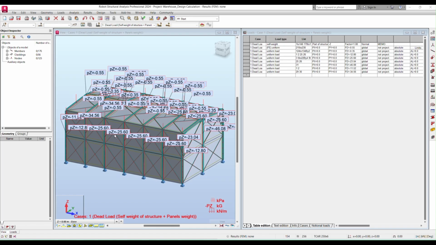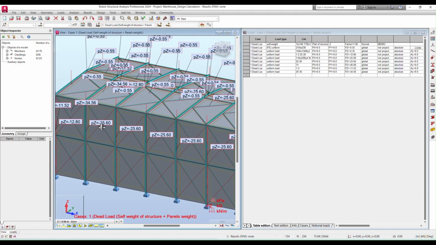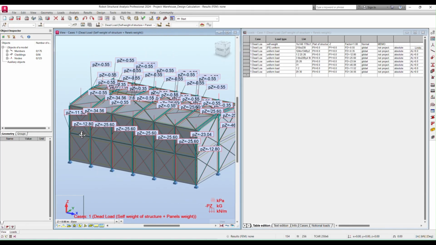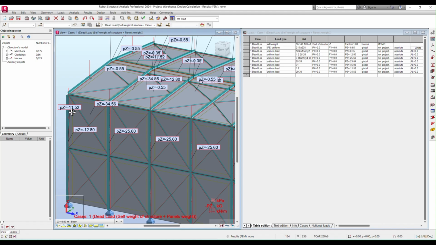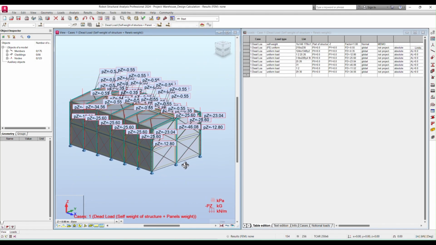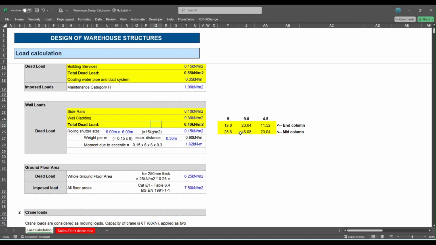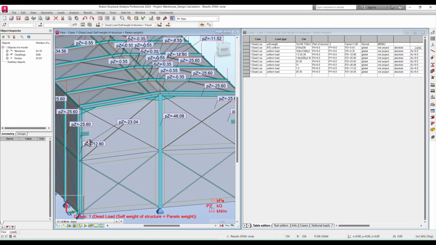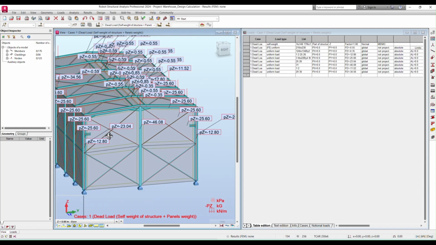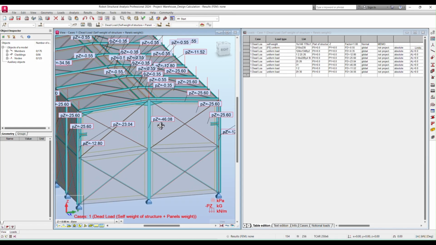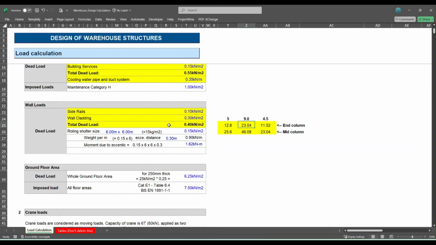So here all the vertical cladding loads are applied. You can see here 25.6 is the longitudinal mid, 11.52 is an end column, and here that shorter column is 12.80, and here 23.04 is the short direction, that is width direction end, and the middle column is 46.08,